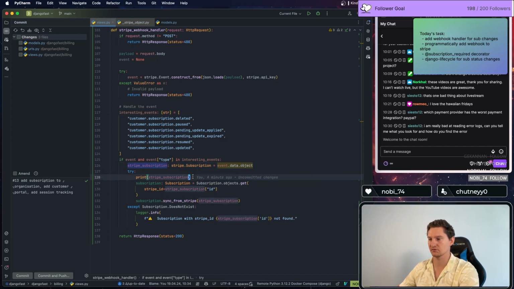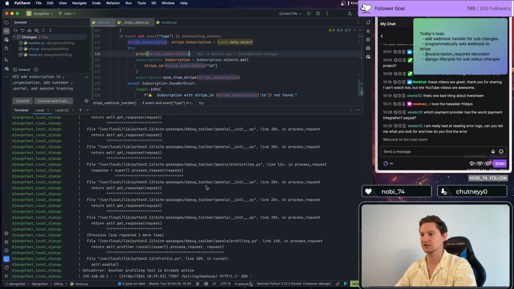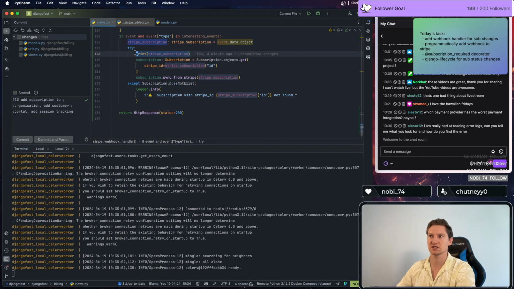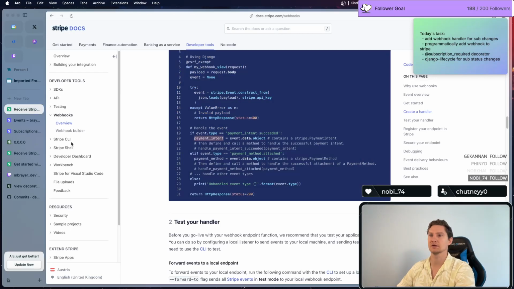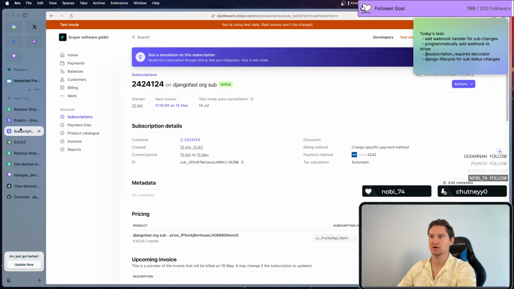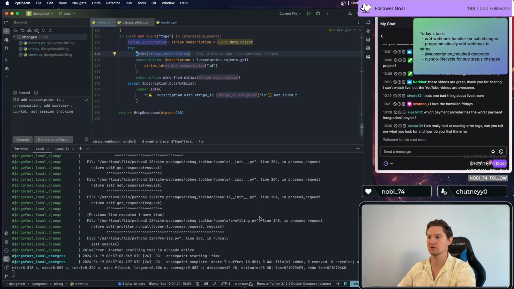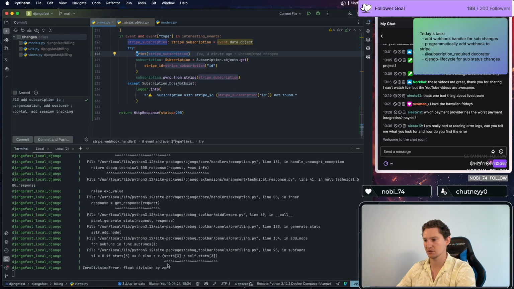So then we have, let's run this again and see what it tells us again. Because now this should look different, because this now is no longer a dictionary, but an actual object. I went to subscriptions, right, and I updated the subscription, and I put a quantity of 9 here. Some change, only any change. Here we can see we got